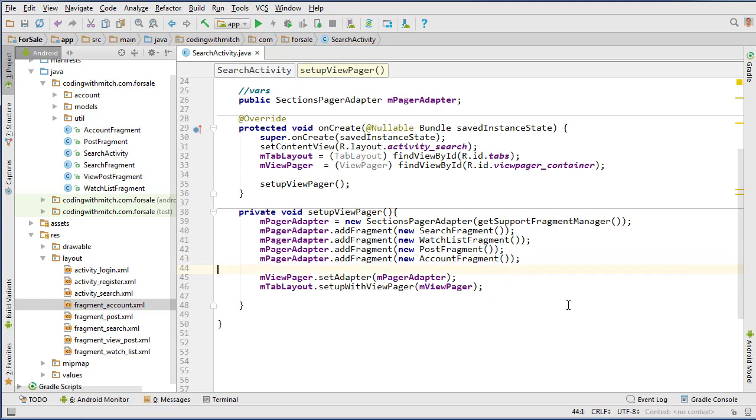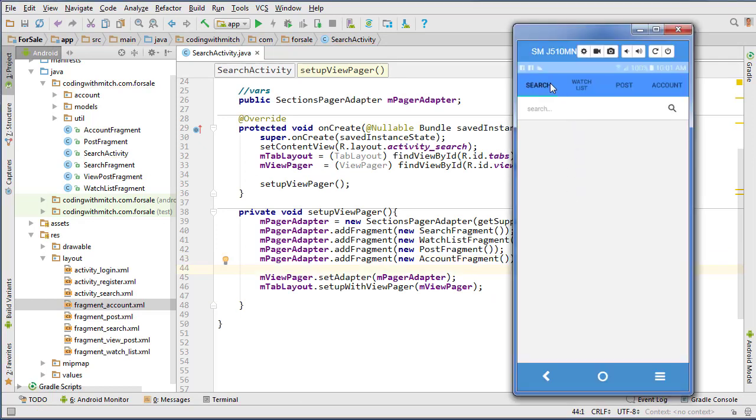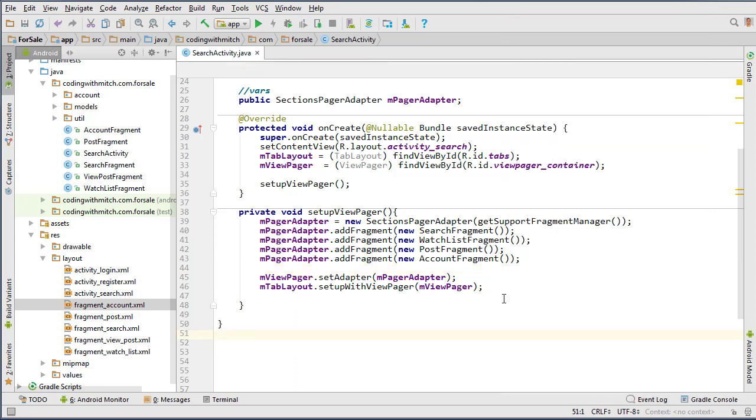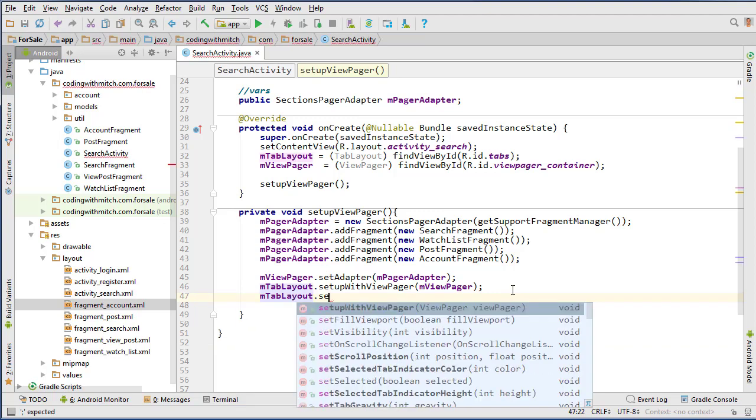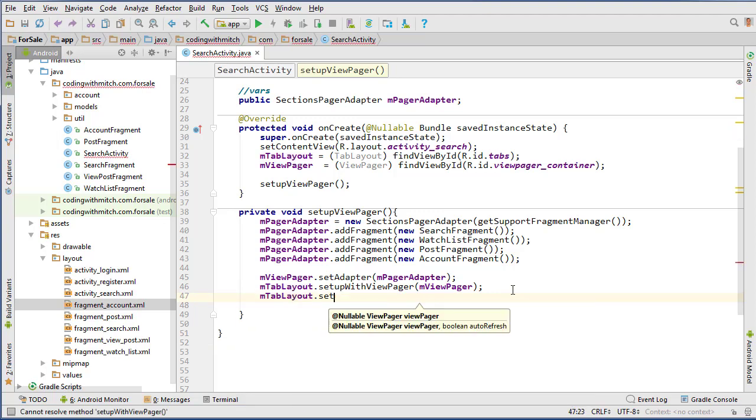And that's going to be our four main fragments. So if we look at the tabs, we have search, watchlist, post, and account. Now let's set some text to our tabs so that the user knows which tab is which. So we go tab layout, set tab, oops, not that. Set tab at, oh no, it's get tab at. Get tab at the index, we're going to work with the first one first, and then do set text to